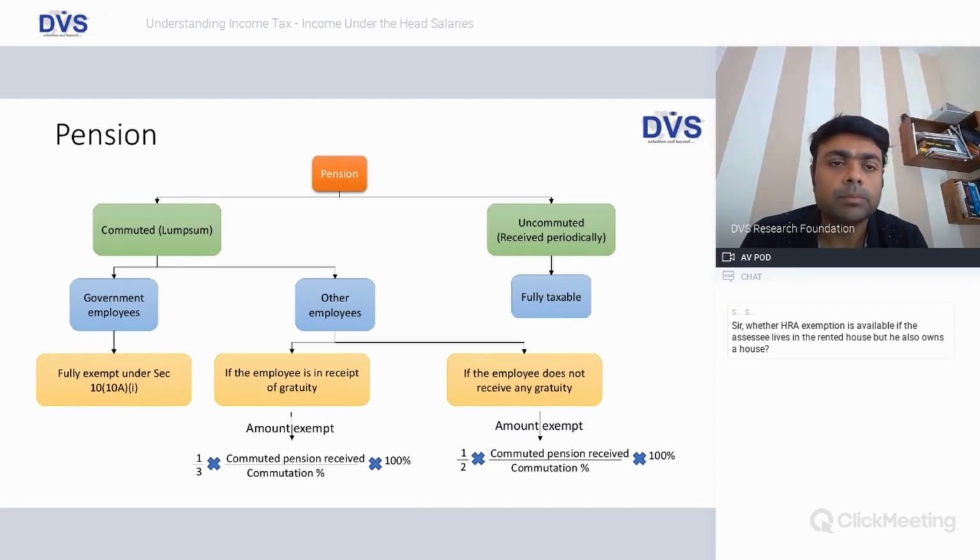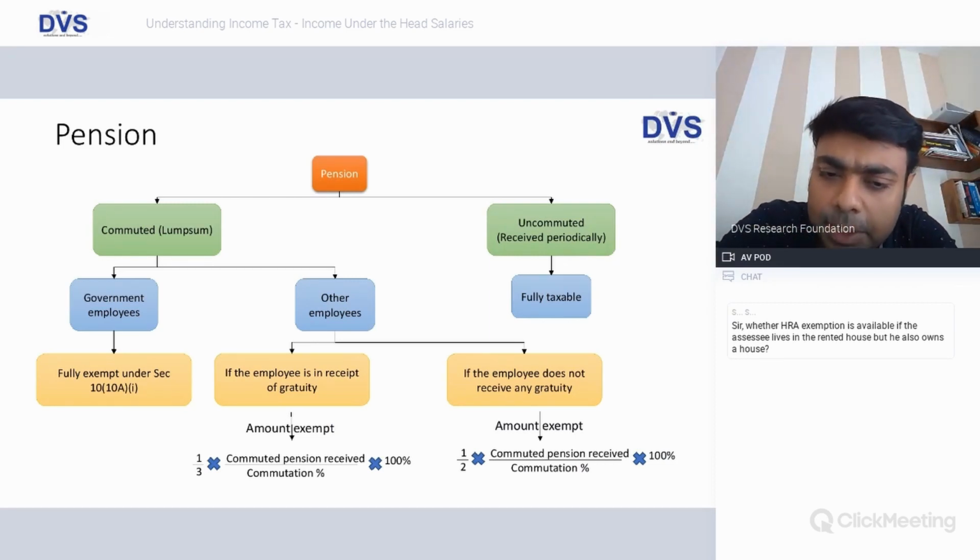Looking at it, pension. Let's look at each of these components in some detail. Pension can be two types, commuted and uncommuted. So commuted pension, let's say someone's worked for 25 years and at the time of retirement, let's say his corpus is 30 lakhs. He has an option either to take the entire 30 lakhs or